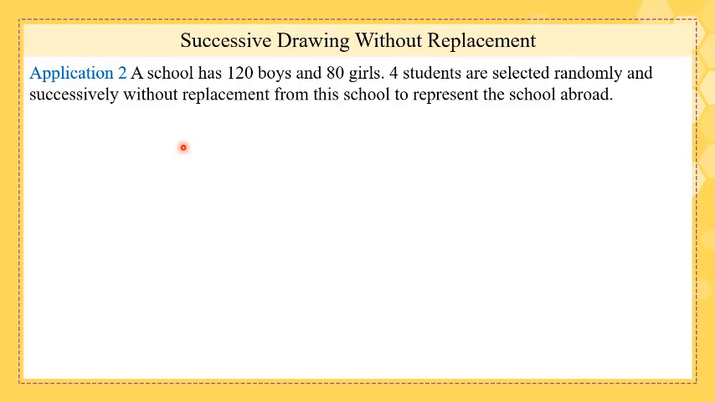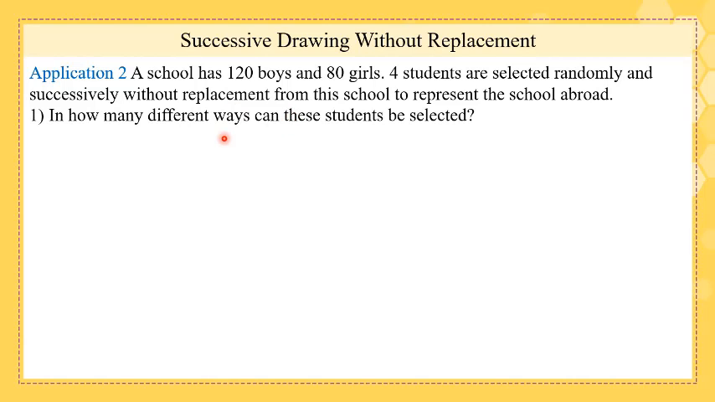Let's continue with this application. A school has 120 boys and 80 girls. 4 students are to be selected randomly and successively without replacement. In how many different ways can these students be selected? Try to do it alone, but remember here that we have 200 students and we need to choose 4 out of them randomly, successively without replacement. Try to do it alone. So here we have 200, 199, 198, 197, which is this very huge number, or we could have used the